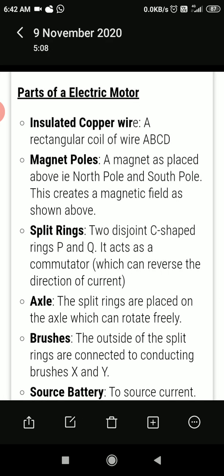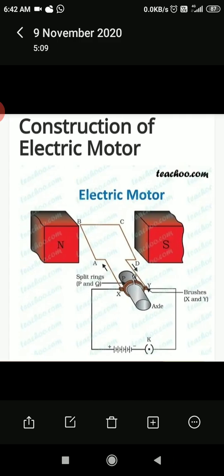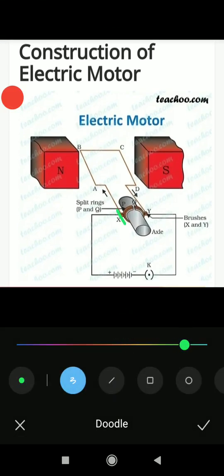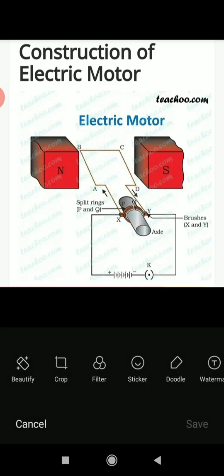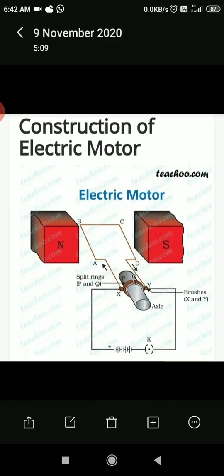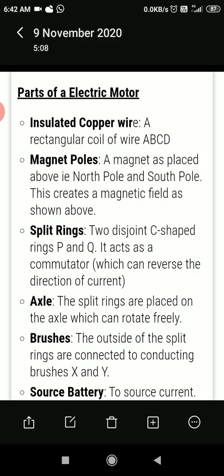So here we have seen the different parts of an electric motor. The first part is the insulated copper wire. This is the insulated copper wire through which we are passing current. Then the magnetic poles, N and S, which create the magnetic field.